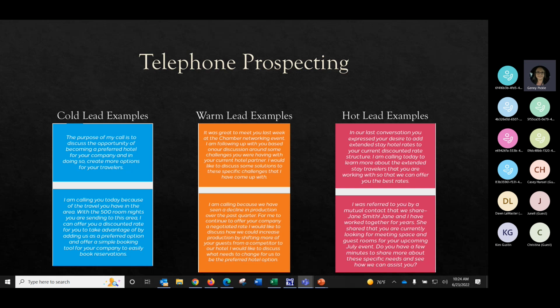Perfect. So we know they've got needs, and we kind of know where they're at. What do we have to do to shift you over to us? Straight, quick to the point. And then a hot lead example. One more volunteer.